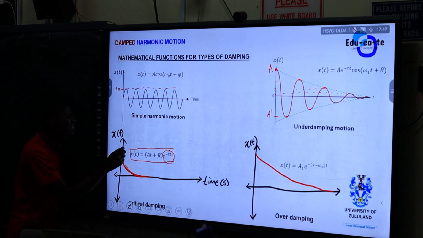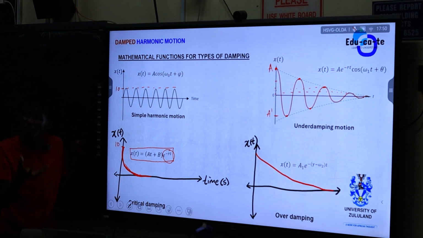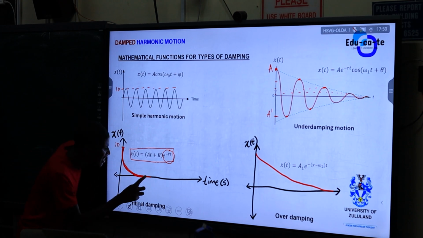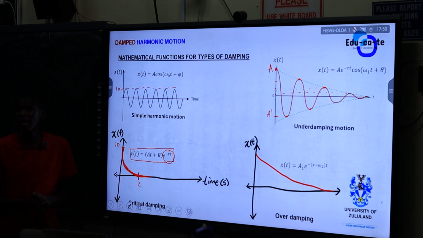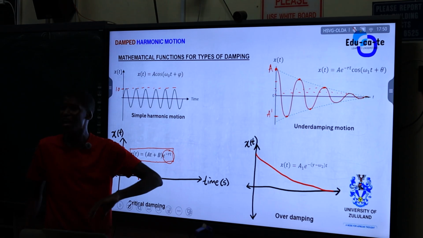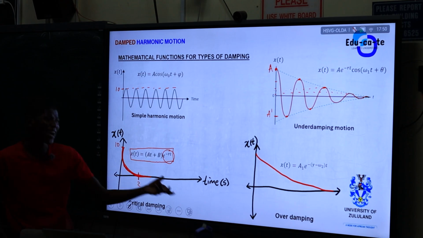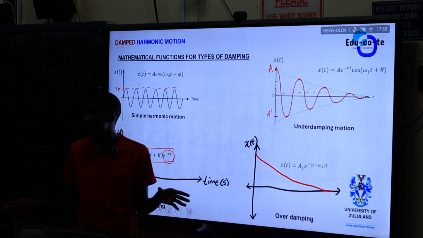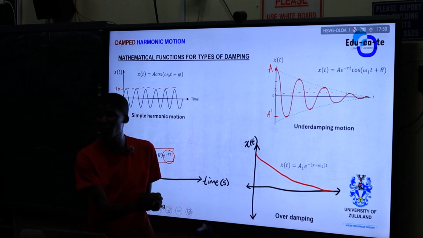So your position changes from the initial amplitude. We stretch up to 10 meters from the equilibrium position. When you let go of it, it will return back to 0, but it will do that in a shorter time. Maybe the time will be 2 seconds. But how do you see that the time is shorter? You compare it to overdamping. Overdamping and critical damping, all of them are just exponentials. They are not oscillating. The amplitude is just decreasing from the highest straight to the equilibrium position 0.